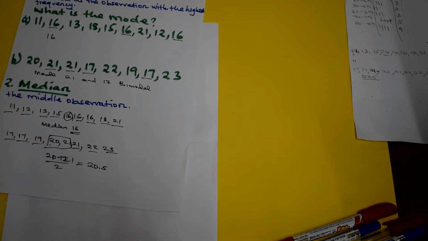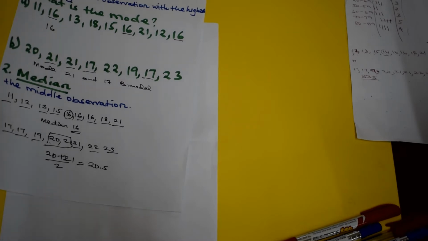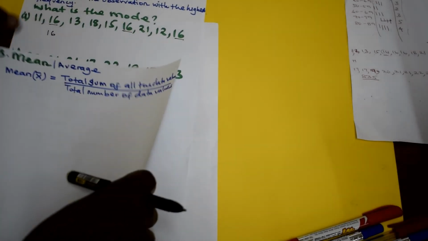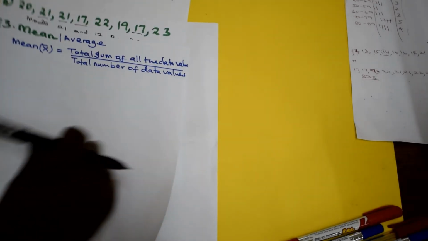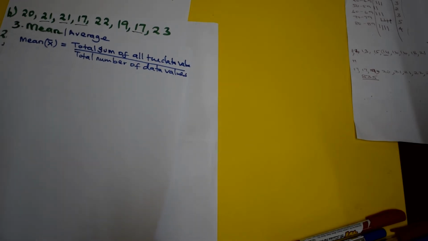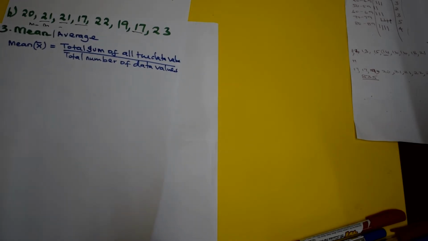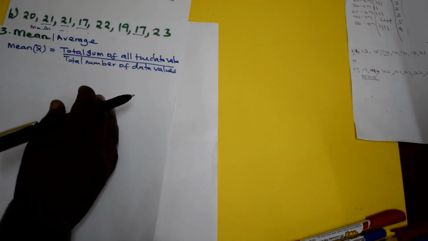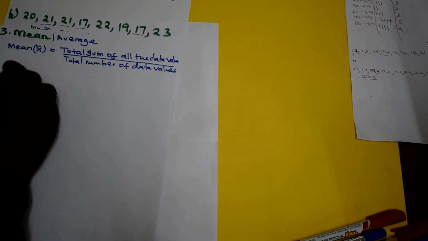So then we'll have to deal with the mean, and the mean is an average: the total sum of all data values divided by the number of data values. For example, now we can take the first one, we get the total sum, and the total sum of this one is going to give us